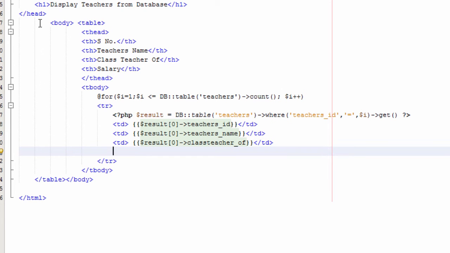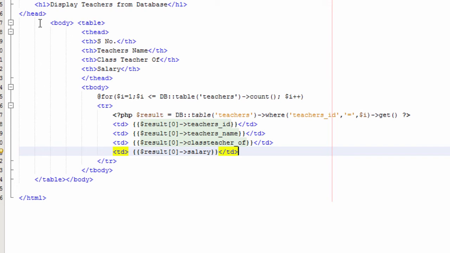So here I have typed two more TDs and then the two flower brackets and then teacher's name and class teacher of, and closing the flower brackets. The flower bracket is a way to display any variable or write a statement or a comment in Laravel.